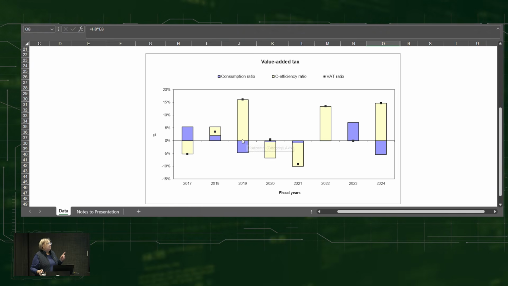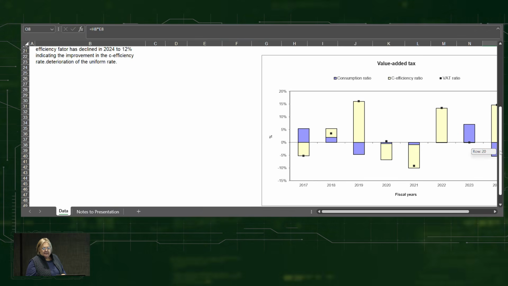Remember, policy and compliance. In 2020, we saw a decline in both the consumption ratio and the C efficiency ratio, and you can explain that, because those were the pandemic years. Then we see a recovery, and the recovery after the pandemic years was mainly in C efficiency. I think there was a slight decline in the consumption ratio. Then, like I've explained, here you can see a plus but almost no efficiency gains, and here we see a decline in consumption and an increase in the efficiency ratio.